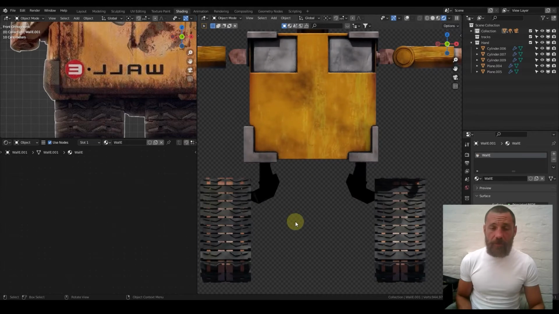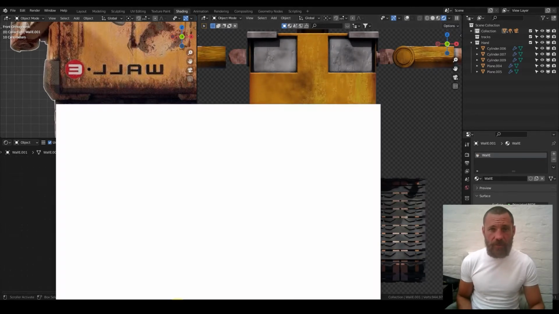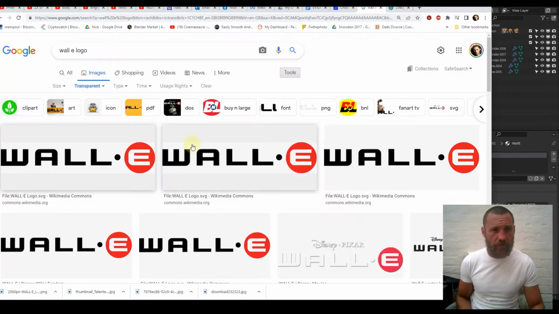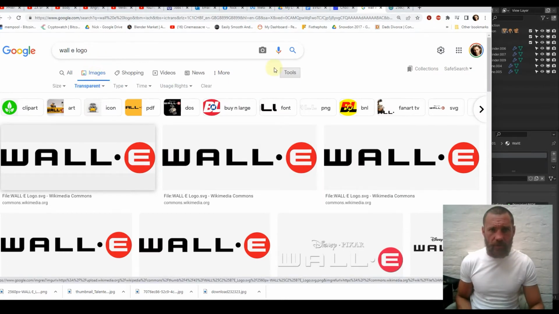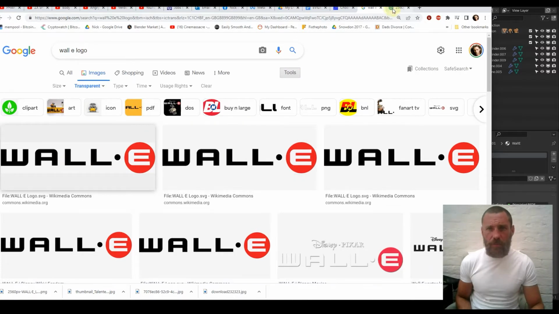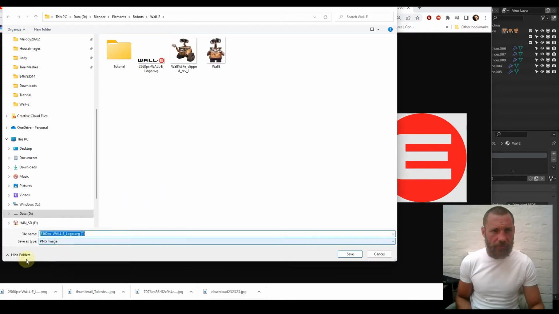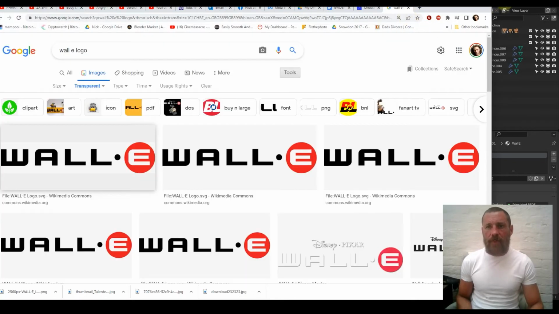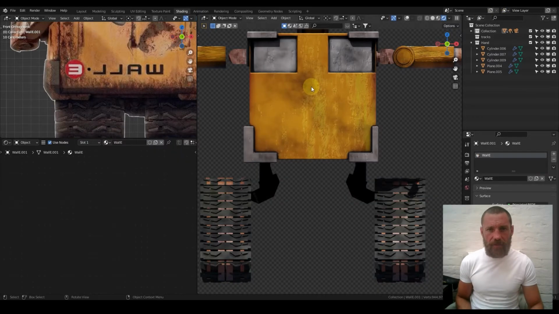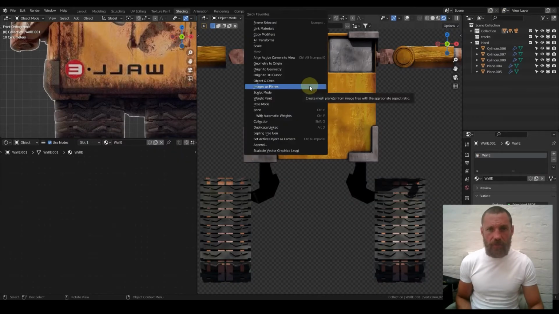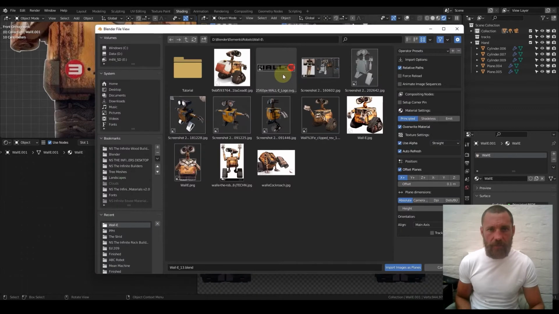And the quickest way I found to do this is I've already prepared it. If you type Wally logo, and then under images and tools, you've got transparent, and then you get this SVG, which when you save it, right click save as, will be a PNG, which comes with an alpha channel and transparency. So once you've downloaded that, I'm going to queue images planes, but for you it's Shift A, images planes,